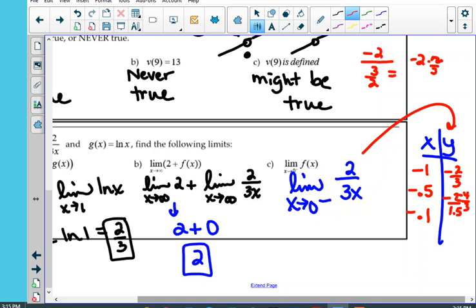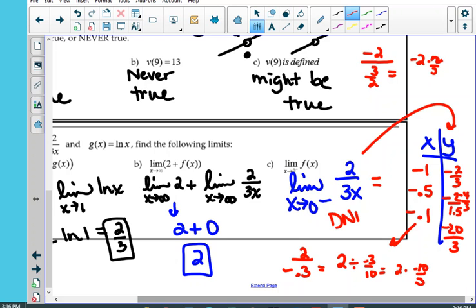And then this guy, 2 divided by negative 0.3 would be 2 divided by negative 3/10, which is 2 times negative 10/3, which is negative 20/3. So these numbers are getting more negative. Negative 2/3, negative 1 1/3, negative 6 2/3. This is going to, it's not a limit that exists, but it is going to negative infinity. All right, and that's the end of